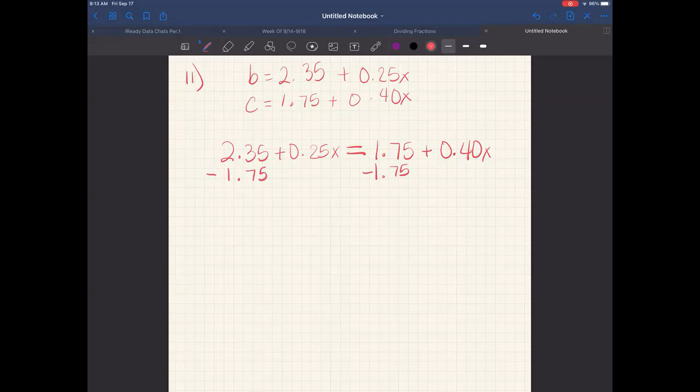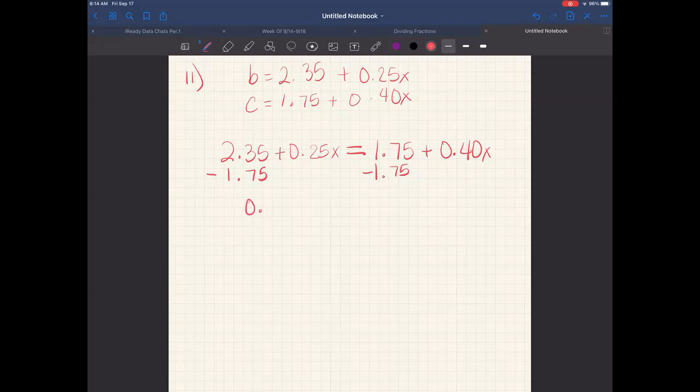And if you can, move the value so that you can stay on the positives, right? So 1.75 is the smaller number. So rather than moving 2.35, which would have given me a negative, I want to move 1.75 so that I stay in the positives. Remember, we want to keep it easier, right? So 2.35 minus 1.75 is equal to,